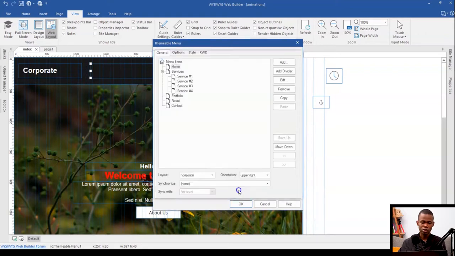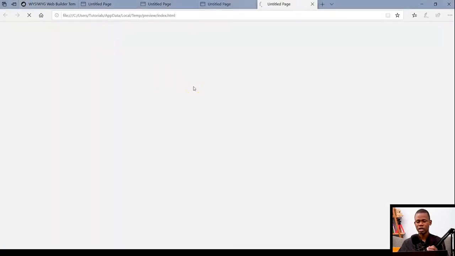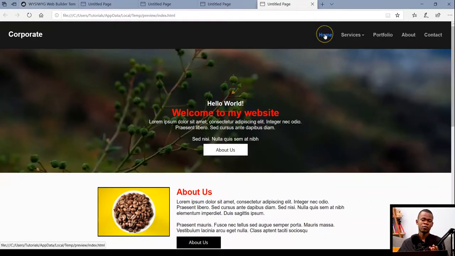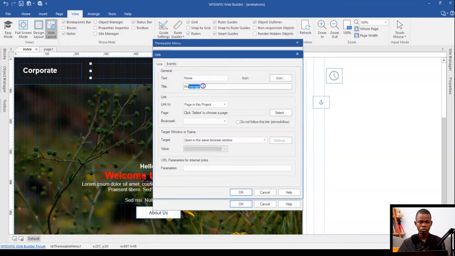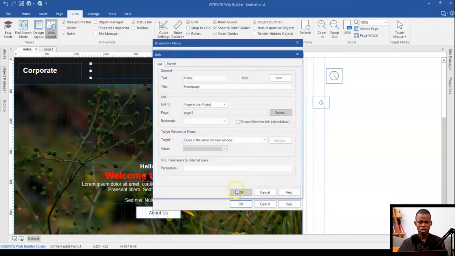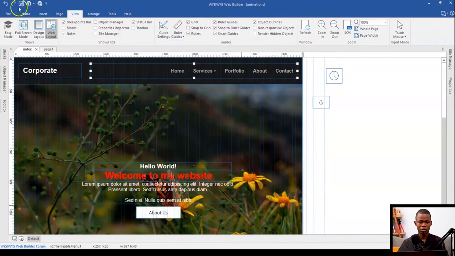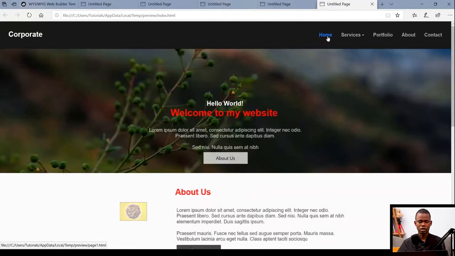And then when I click on OK and click on OK and then preview this, once I hover my cursor on that particular link, it is going to give me information about that link. That should be home page. Let me just see that here. I don't get to see that. Let me just come back and then make sure I created that right. So here's the title. That's the link title. Let me go ahead and then select the home page, the page I want to use as my home page. And then come back here, click on OK, click on OK, and then let me preview this again, and let me be sure if I see the title.